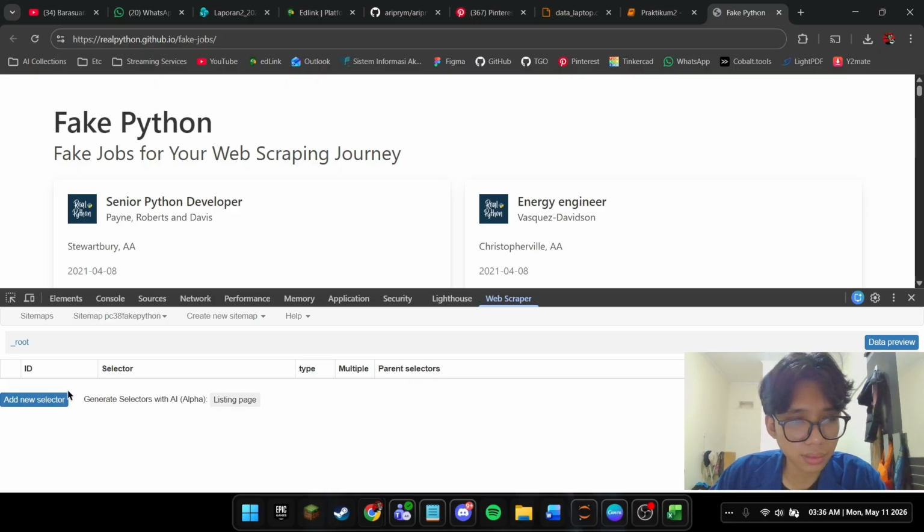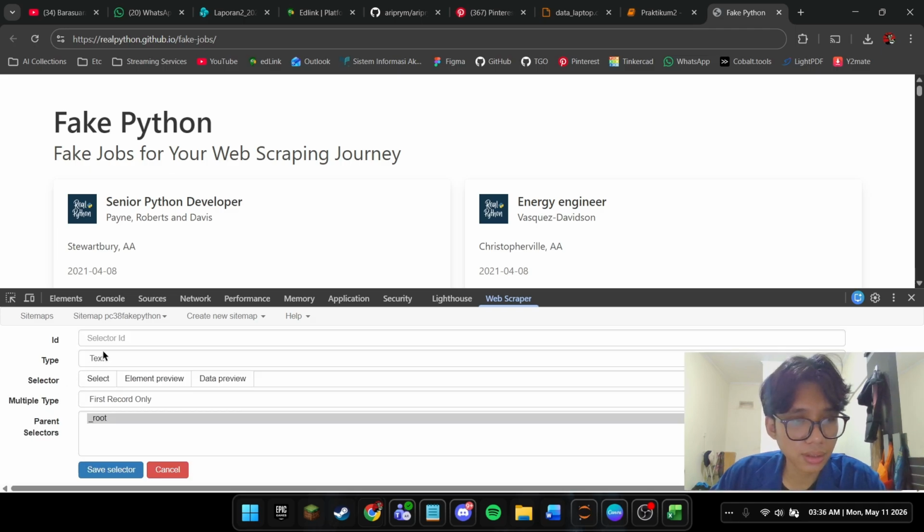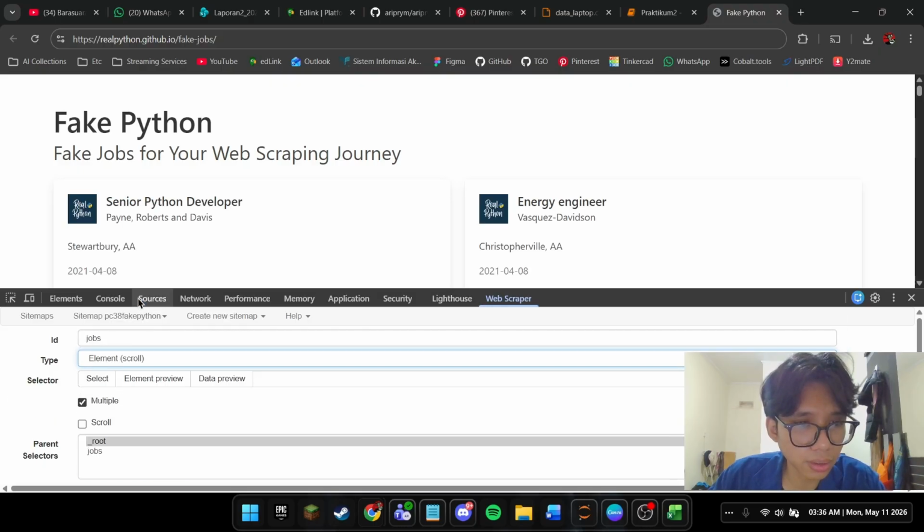Alright, the sitemap acts as a set of instructions for web scraper, telling it which page to visit and which elements to collect. With this approach, scraping can be done without writing a single line of code. The next step is creating the main selector. I set the ID as jobs and the type as element scroll.